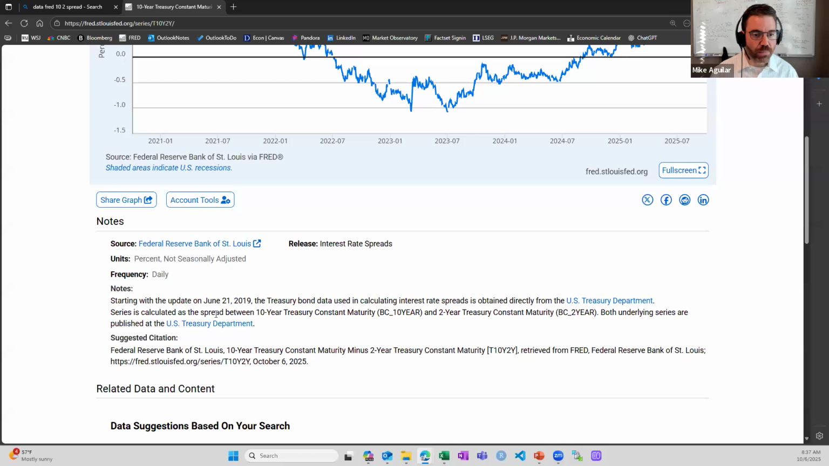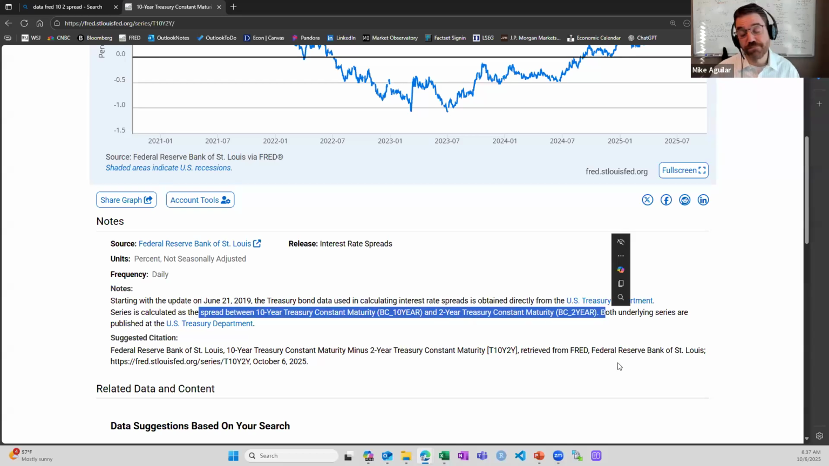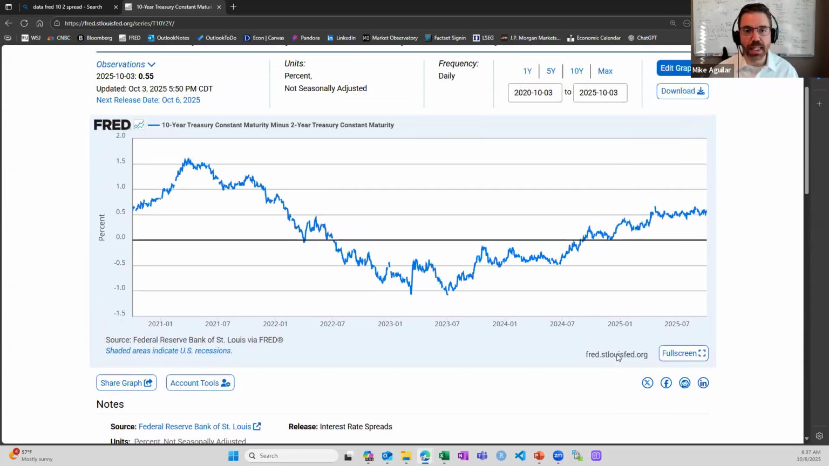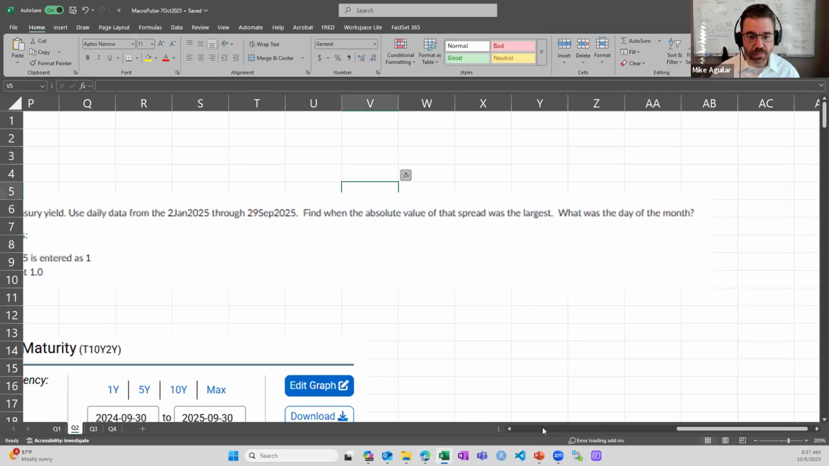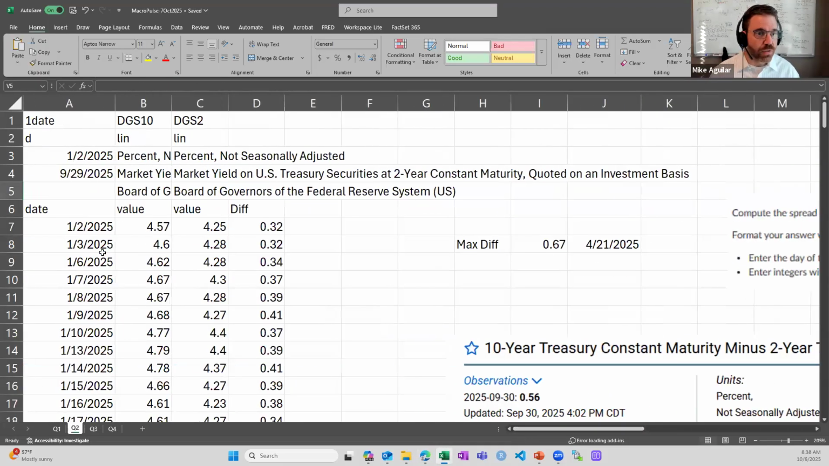Go right down here, the spread between the 10-year and the 2-year. So we know they're calculating it in the way in which we want. And what we could do is just hover over and grab it, or we can copy that ticker and put that into Excel. Or what you could do is go back to Excel, and you could pull in